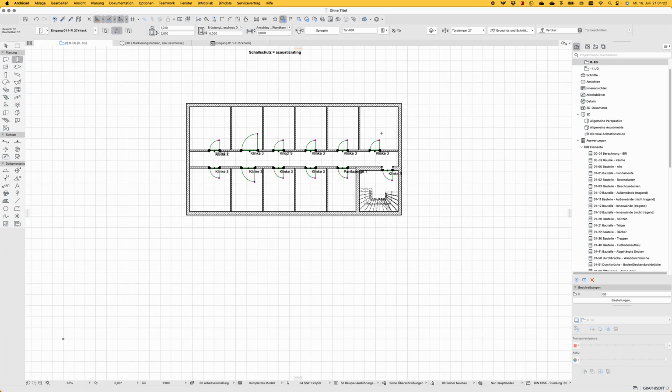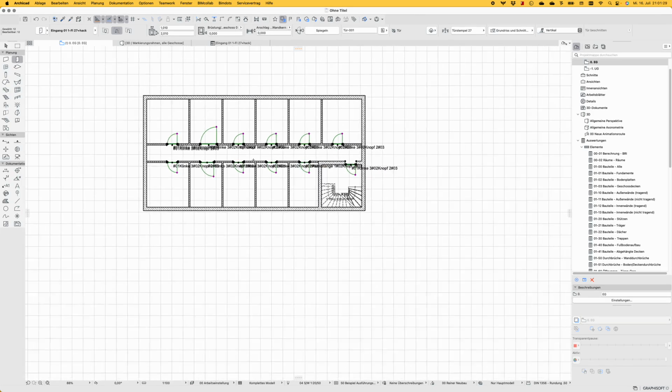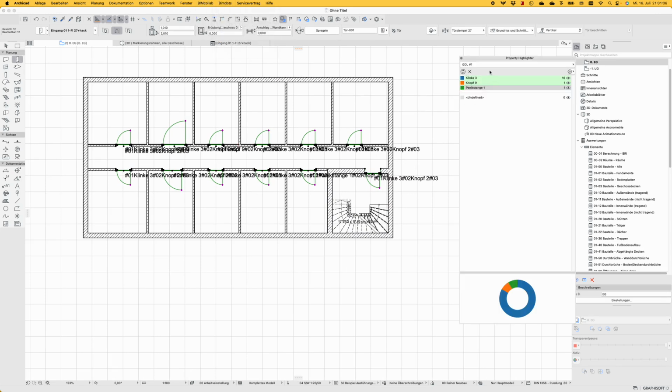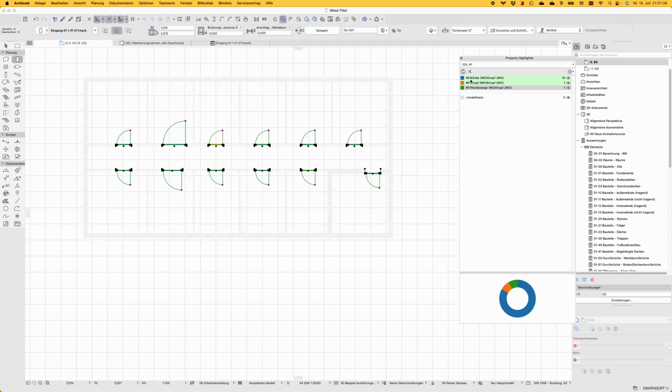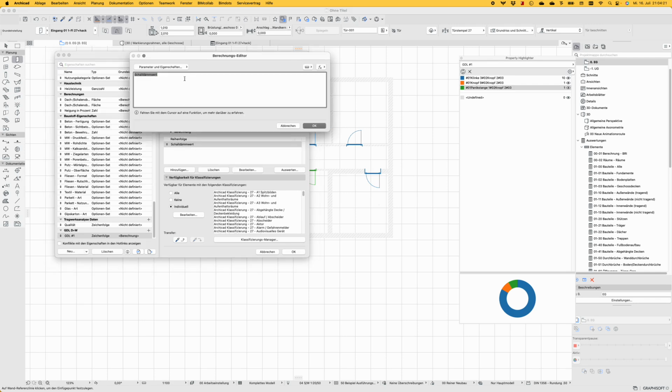Take all those, and now I have a longer thing in here within the GDL parameter. So let me use the BIM dots highlighter again and refresh it, and you see, okay, this is Klinke, Knopf, Knopf, Panikstange, Knopf. So this is the varieties of inside and outside of the whole thing. So from these, I'd like to go into the calculations again, take the GDL one, and now I will have